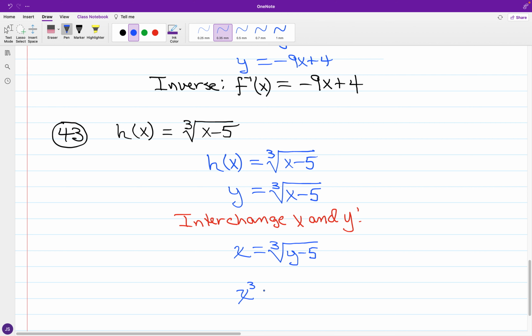And if I look at cubing both sides to get rid of the radical,